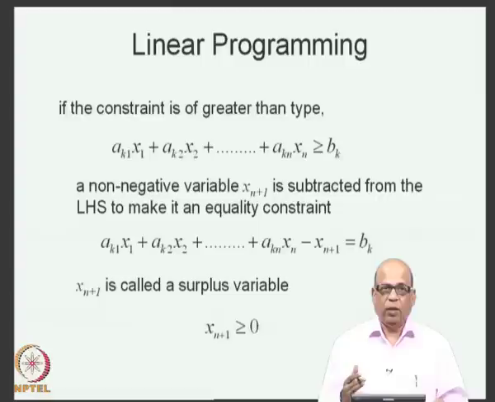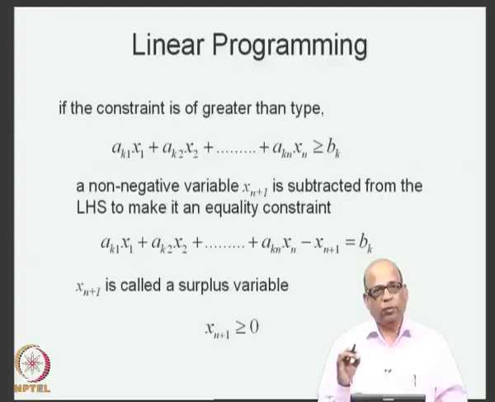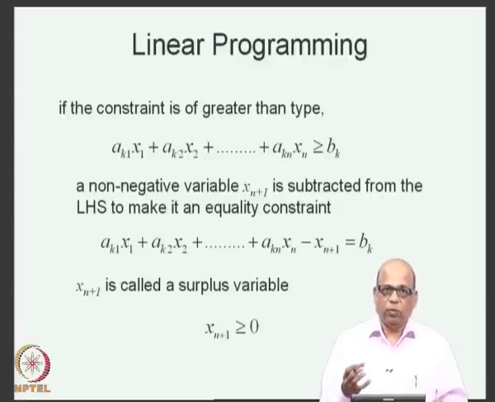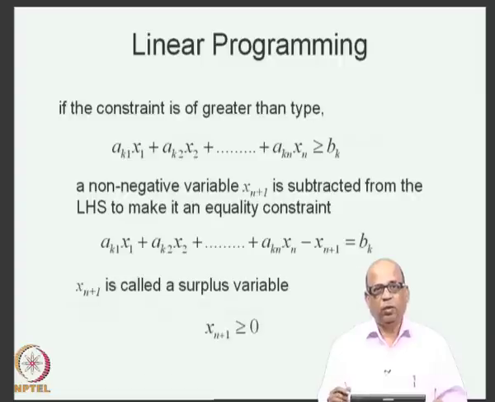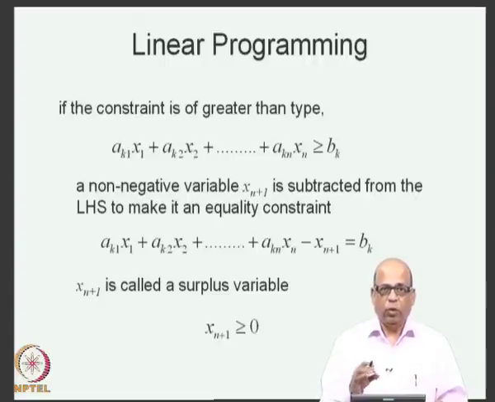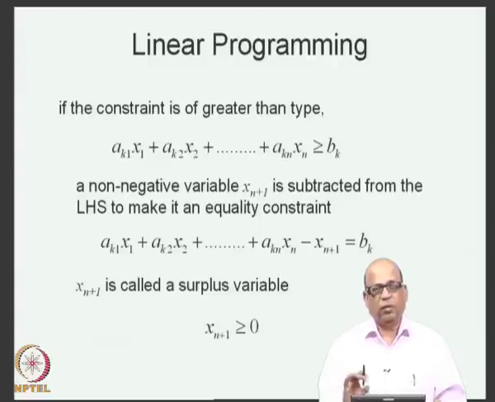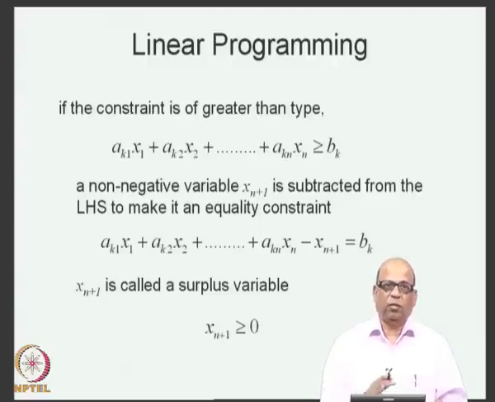So, if you have a less than or equal to constraint, you add a non-negative variable, that is called a slack variable. If you have a greater than or equal to constraint, you deduct a certain value using a surplus variable, and both the slack variables and the surplus variables that you so introduced were not there in the original problem, and you introduce them to make sure that the constraints are expressed as equality constraints, and both the slack variable as well as the surplus variables are non-negative.